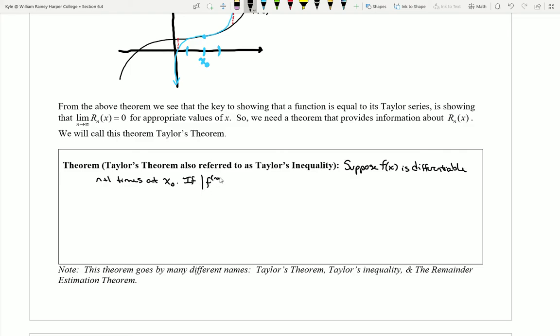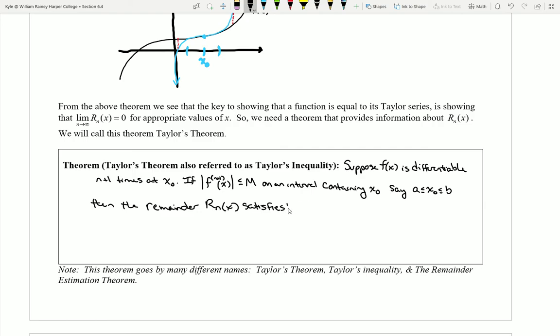If it's then the case that when I do the n plus first derivative of the function f, and I absolute value it, and if I can claim that that graph is going to be less than or equal to a y value of m on an interval containing x naught, say an interval from a to b, where x naught is one of the values inside of that interval, then the remainder r sub n of x satisfies the following